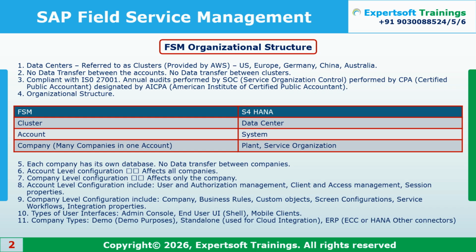We saw about the three different user interfaces: the admin console, the end user shell portal, and the FSM mobile client, and about the mobile application. Next, we have the different company types, such as demo company, which is used for all the demo purposes. Underlying company, where you will use underlying company for